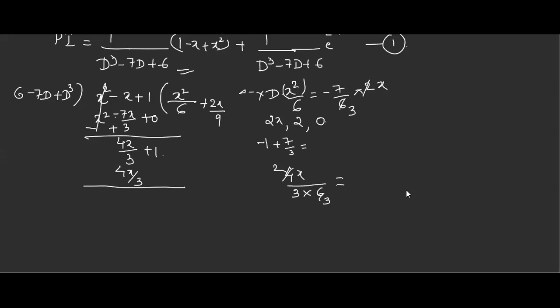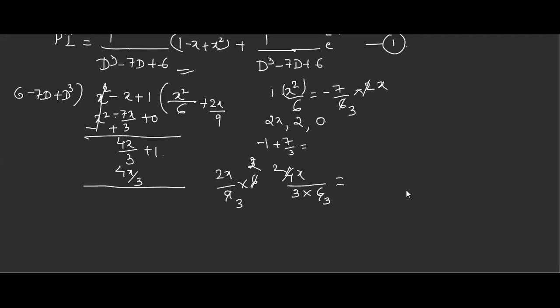Again, after taking it, you can just confirm it. Take 2x by 9 and multiply with 6. What will you get? 2x by 9 into 6 means 2, sorry, 3 2s are 6, 3 3s are 9. What will you get? 2 2s are 4x by 3 only, no? Am I correct? If you take 2x by 9 and operate it on 6, you will get 4x by 3.